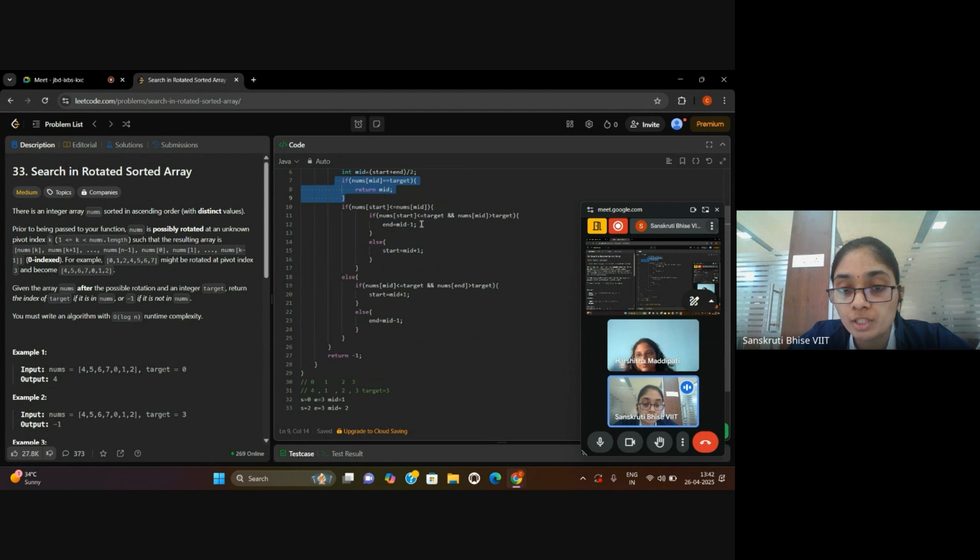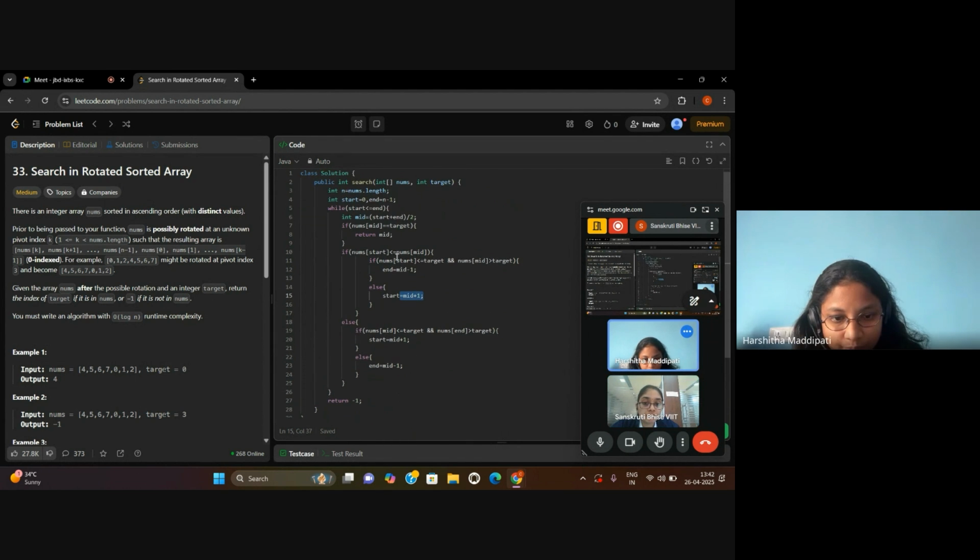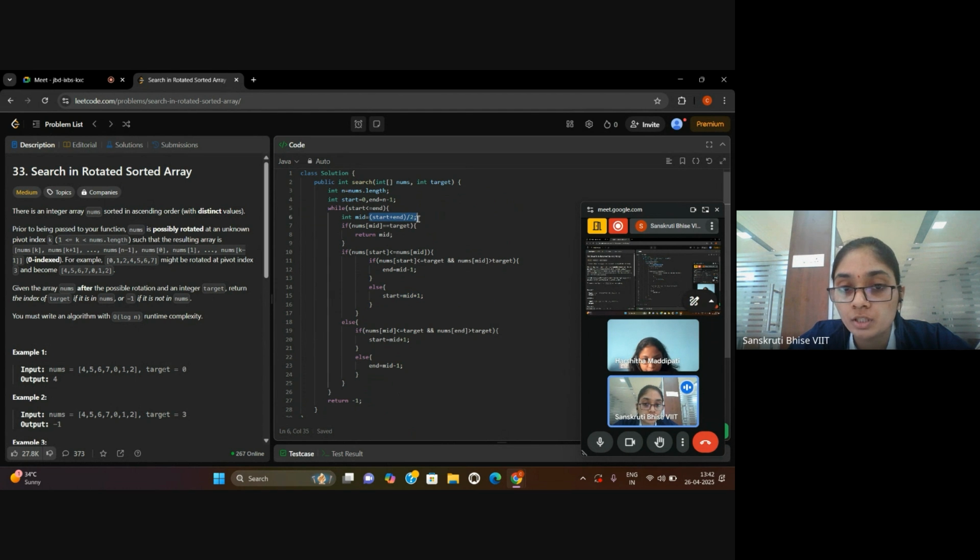It is not, so we will move our start to mid plus 1, which will be 3. So start will be at the third position and my end will also be at the third position. When I find the mid, it is going to be 3, and we will get this condition and return the third index.